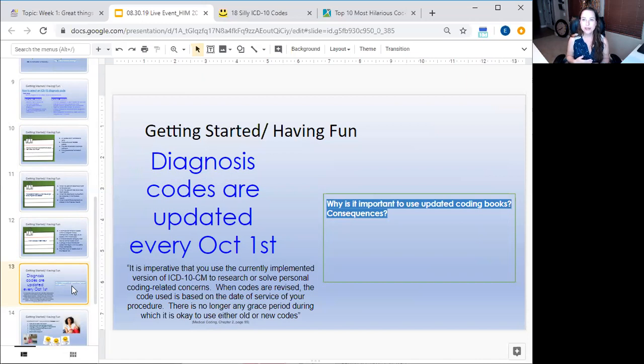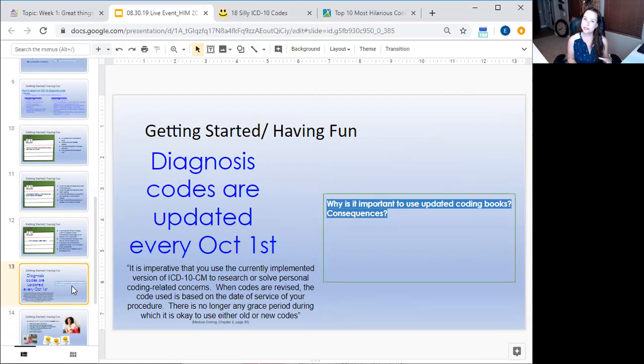Any thoughts on why it would be October 1st and not January 1st? Well, it's because it's the federal government that is doing this. So it comes out, it's noted in the Federal Register, and the federal year runs October 1st through September 30th. So it's on their calendar. CPT, for example, is actually January 1st and forward, and that's because it doesn't follow the federal calendar.